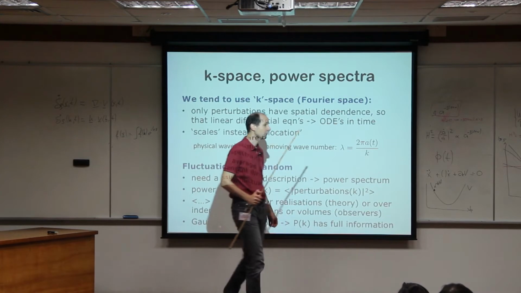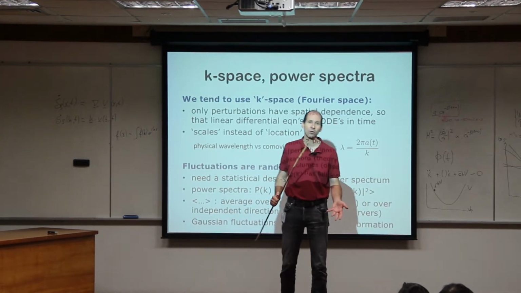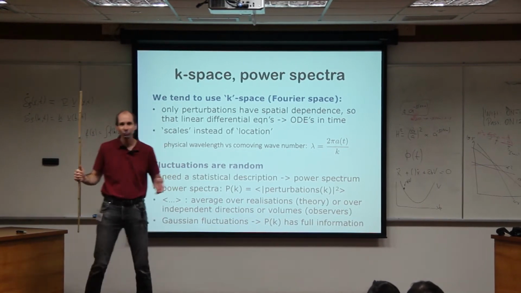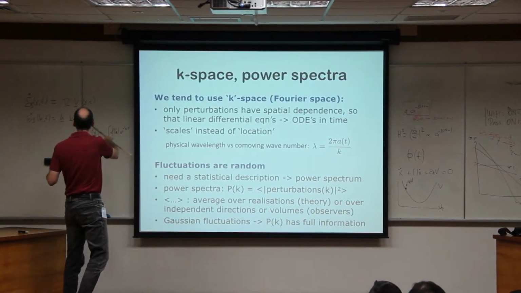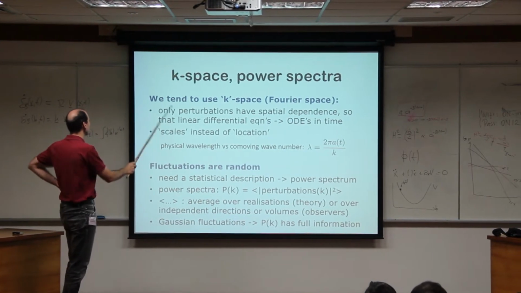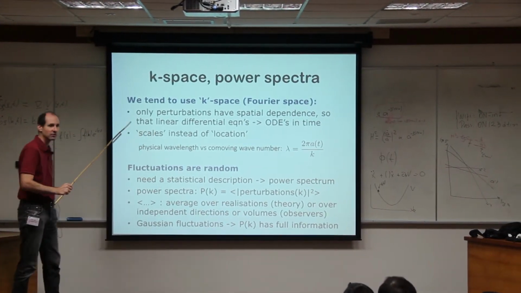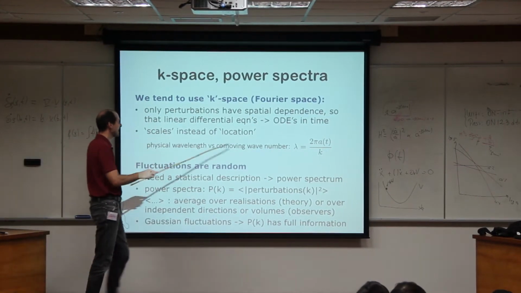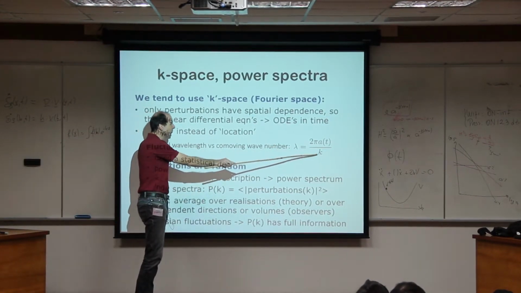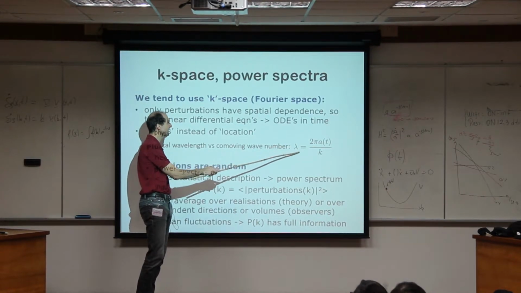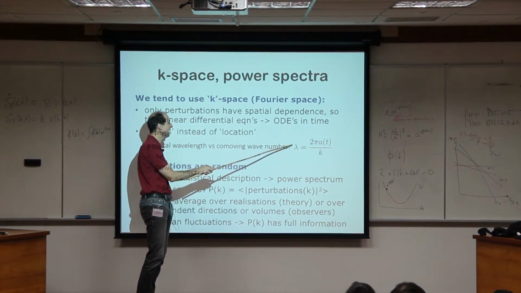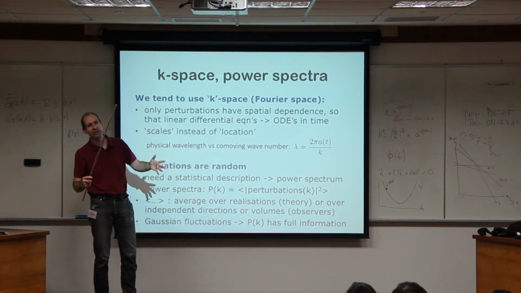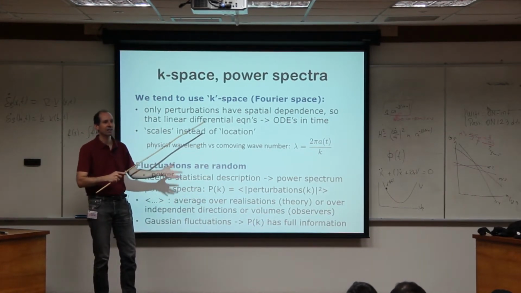But this you can only do if you have a linear equation, because non-linear products, like a square of v, would become a convolution, and then you're really in trouble. And so that's why we will typically work in Fourier space, and so there will be k's all over the place. And so the k, just to say, if you have a co-moving k, that corresponds to a physical scale that goes like 1 over k. So small k are large scales, and large k are small scales.